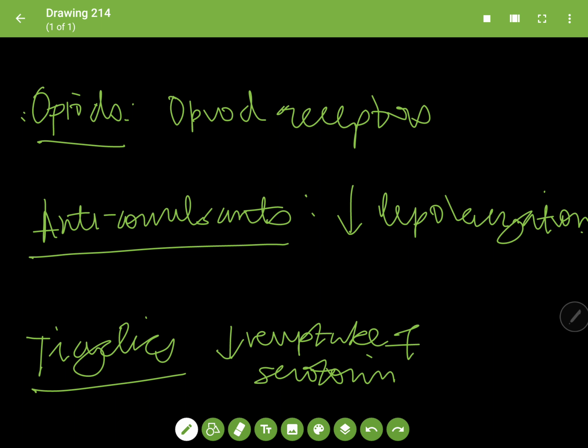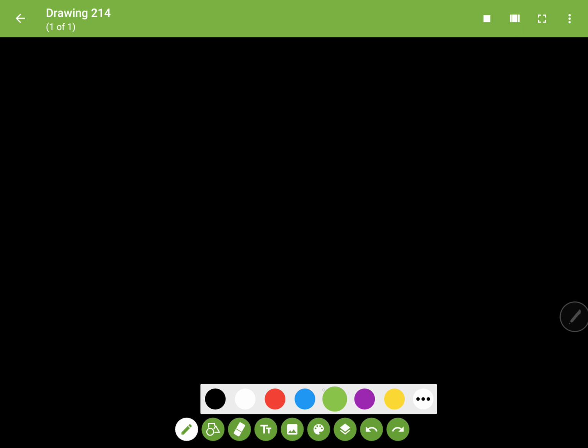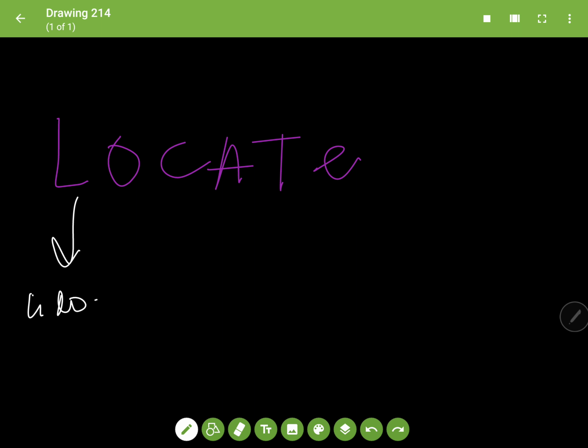One way that I remember the different drugs is "locate." So this is lidocaine, opioids,